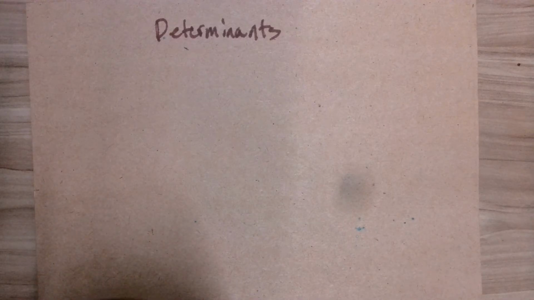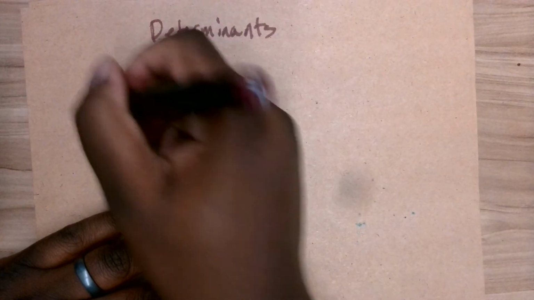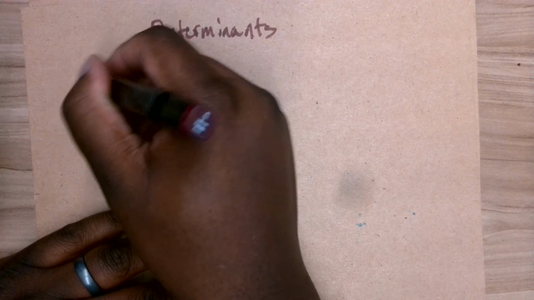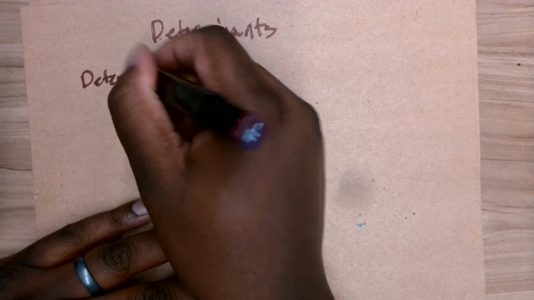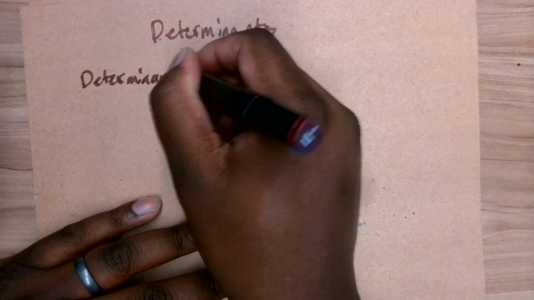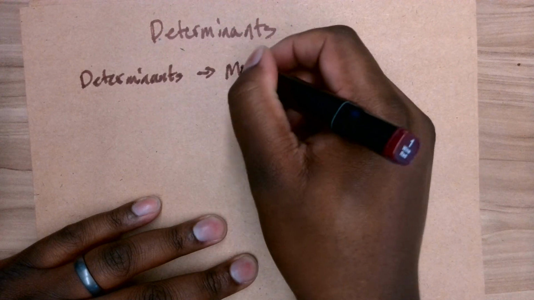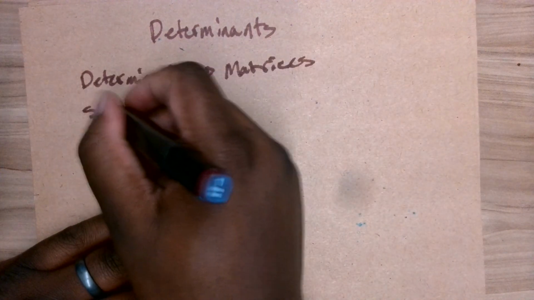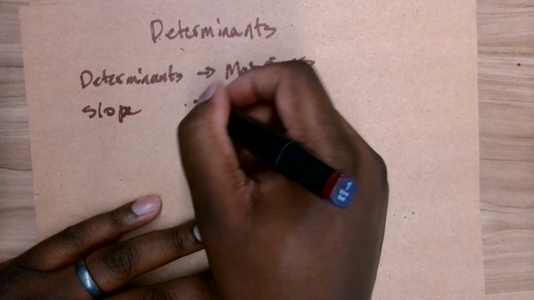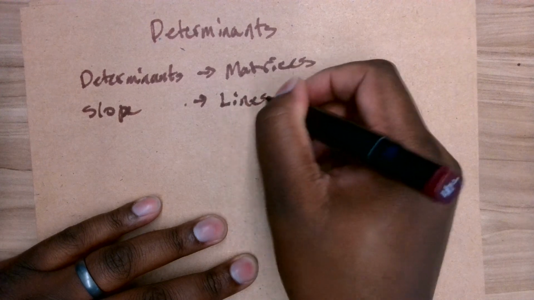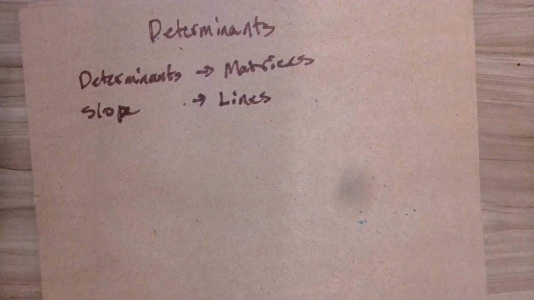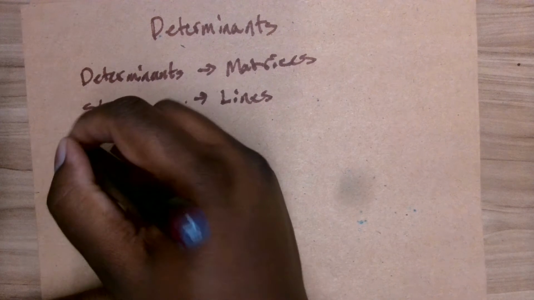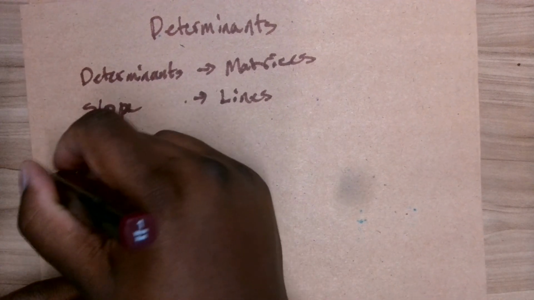All right, so we're talking about determinants. Basically, let's talk about what they are. Determinants are to matrices as slope is to lines. For example, you look at a line,